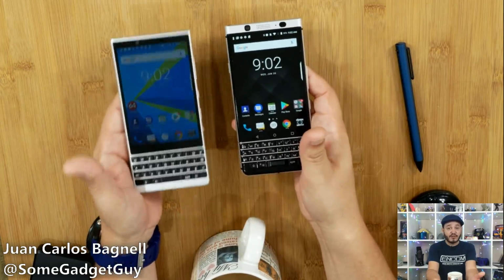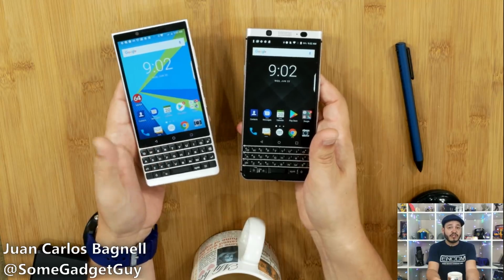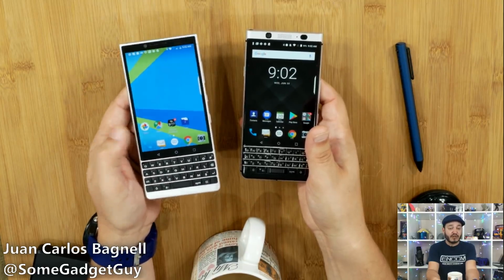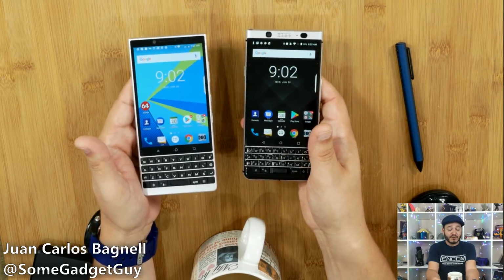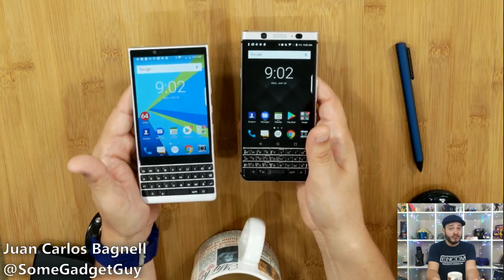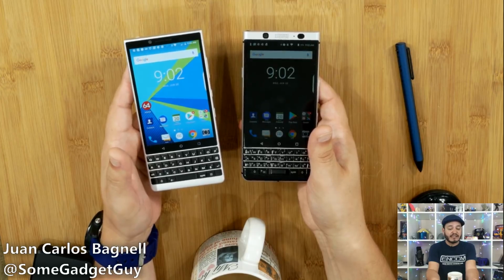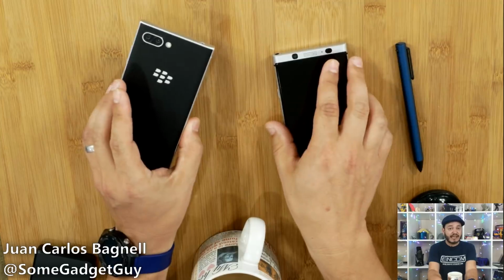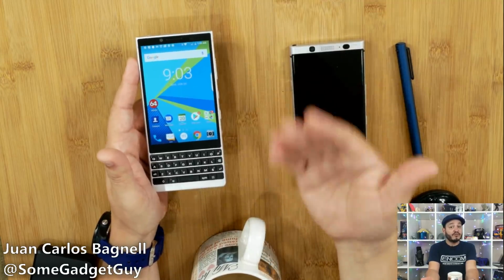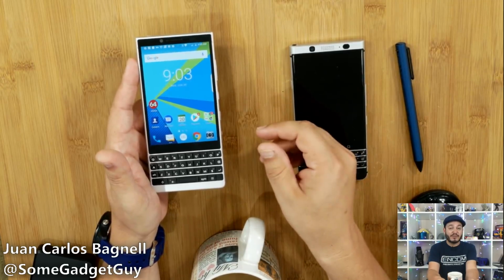You can be on the lookout for an audio review, for a camera review. I'm going to treat this just like any other phone. I don't believe in ending the conversation at, it's a keyboard for nostalgic reasons because old people. I've seen too many people tapping out on the BlackBerry conversation as if that's all this phone has to offer. My hypothesis for my full review: if you care about multimedia, if you care about the absolute best gaming experience, go somewhere else. Don't get this phone. If you want the all-time best communications device, if you want a phone that has a unique aesthetic in a world of glass sandwiches, if you want a phone that's gonna rock some battery life, this is probably gonna be a phone that will do well for you and your specific use. That's my guess. And I hope to see that reinforced when I wrap up the full review on this channel,